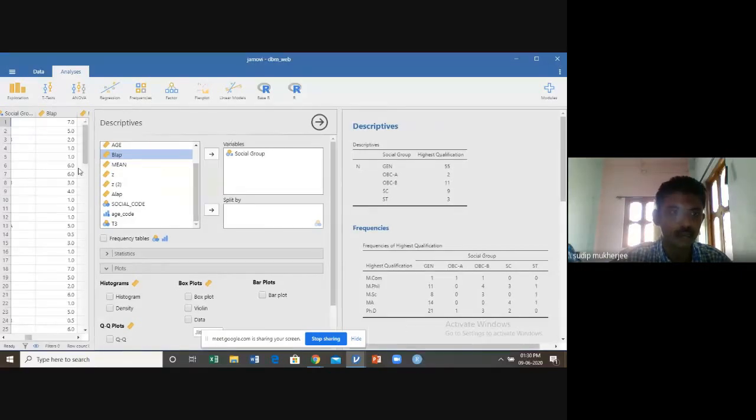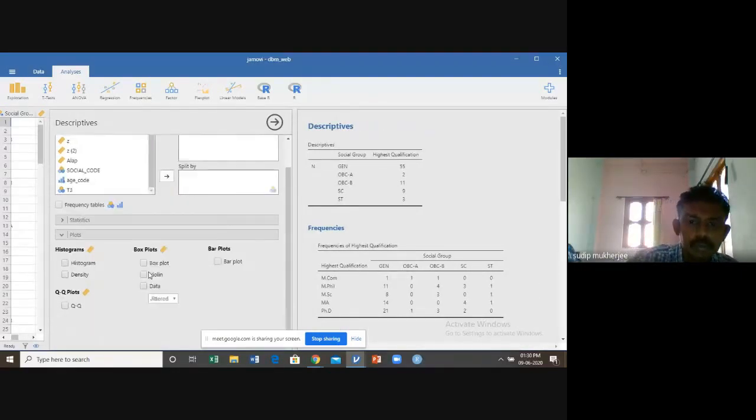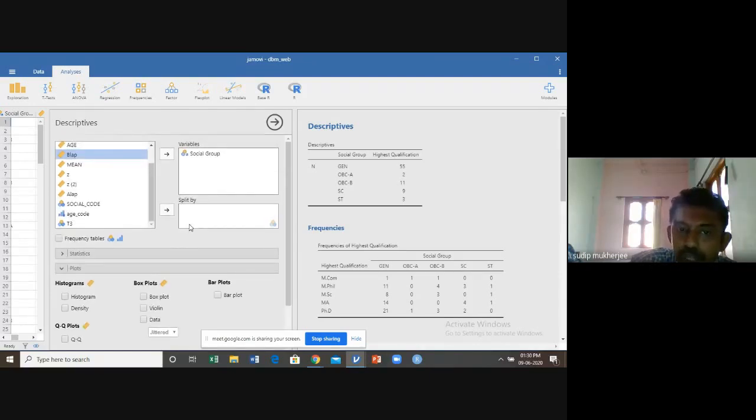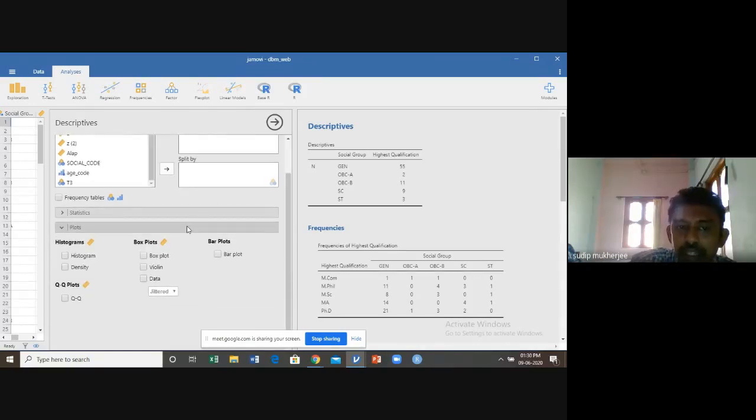In Jamovi, there are different options. You can draw a histogram, but histograms are for continuous variables. You can do a box plot. This is also for continuous variables.